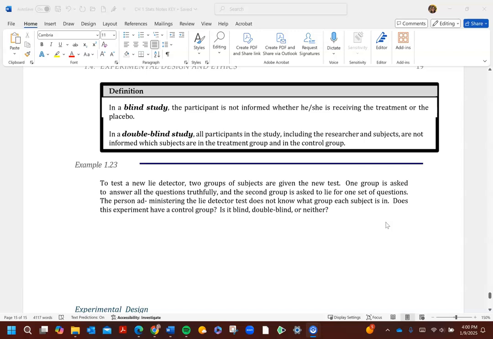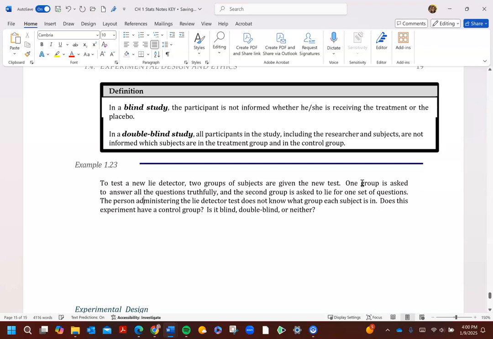So in this scenario, example 1.23, to test a new lie detector, 2 groups of subjects are given a new test. One group is asked to answer all the questions truthfully, and the second group is asked to lie for one set of questions. The person administering the lie detector test does not know what group each subject is in. Does this experiment have a control group? Is it blind, double blind, or neither? Okay, so given the definition up here,